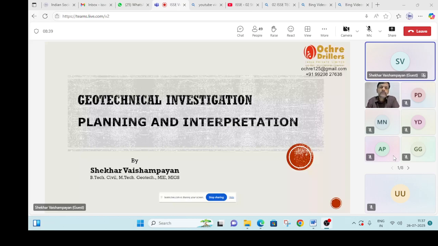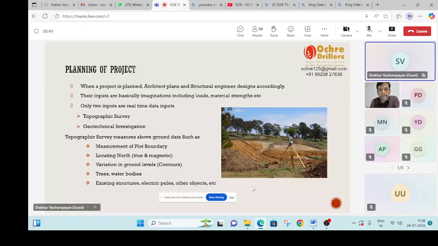How to approach this aspect. Okay, so let us say that we are about to start any civil engineering project. Typically, an architect plans this project and a structural engineer designs it. Now we consider that there is a piece of land lying there, and an architect goes there and he says